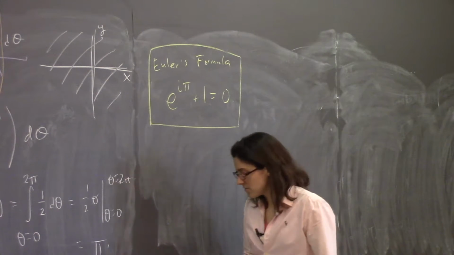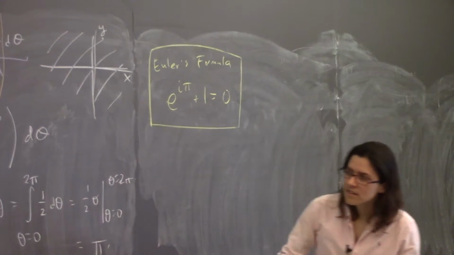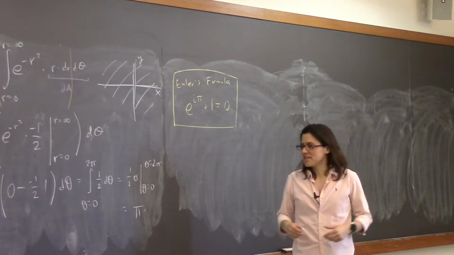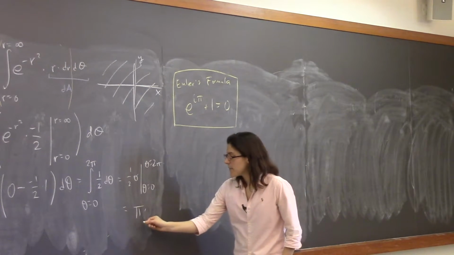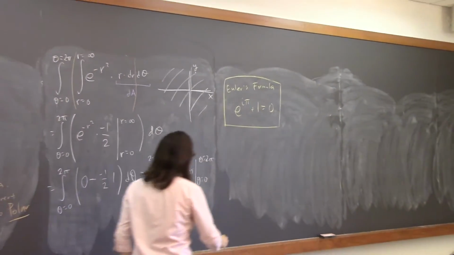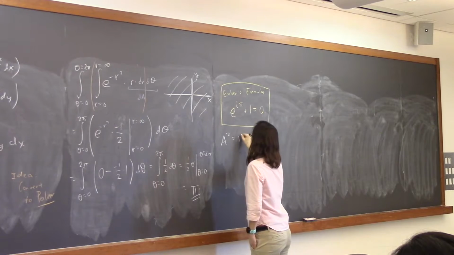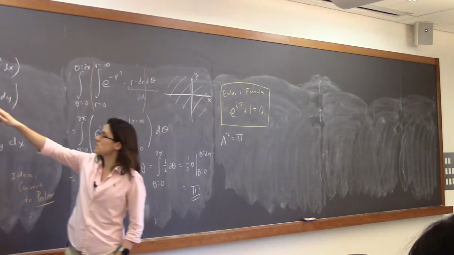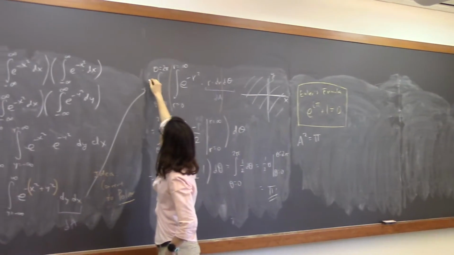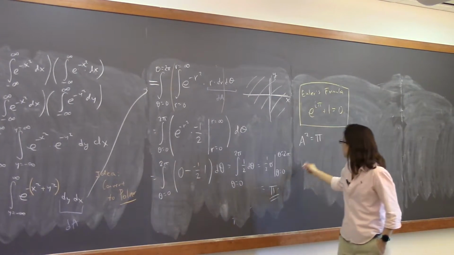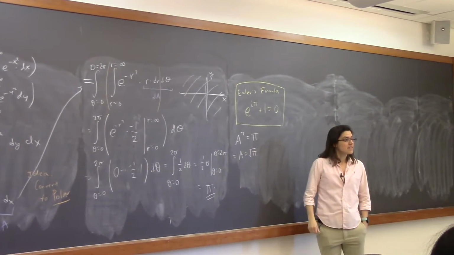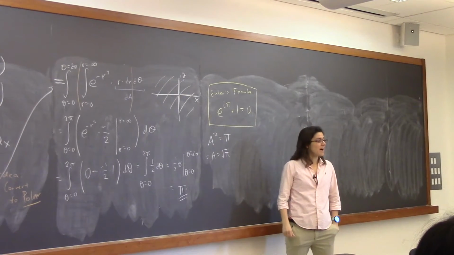Yeah, okay, fine. So maybe you were not surprised because e was there. So why wouldn't pi be there? They like to play together maybe. Okay, so we got pi. So there's just one more step. So we got that a squared equals pi, because we started with a squared up here. Okay, so a squared is pi. So a is the square root of pi. So the area under this function was the square root of pi.